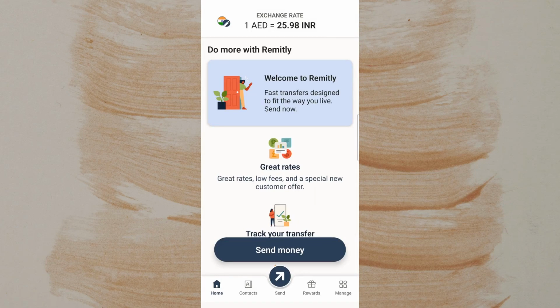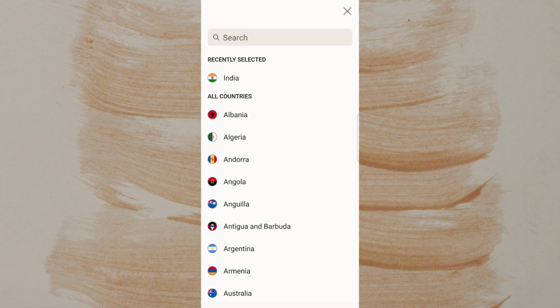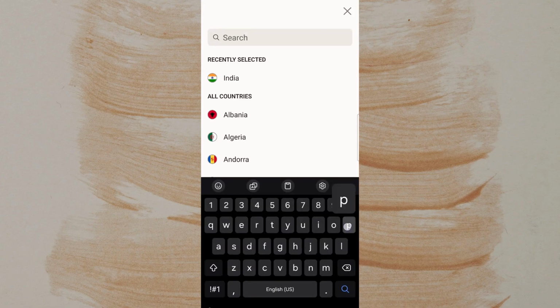In today's video, I'm going to teach you how to send money from Remitly to a bank account in the Philippines. To get started, open your Remitly account and make sure you're fully signed in before continuing. Once you're on the main screen, look at the country shown at the top of the app or website. Tap or click that country option, then select the Philippines as your receiving country.